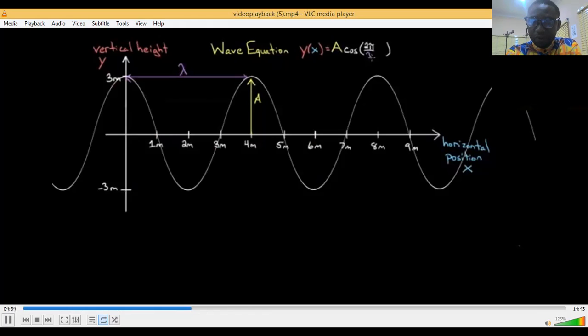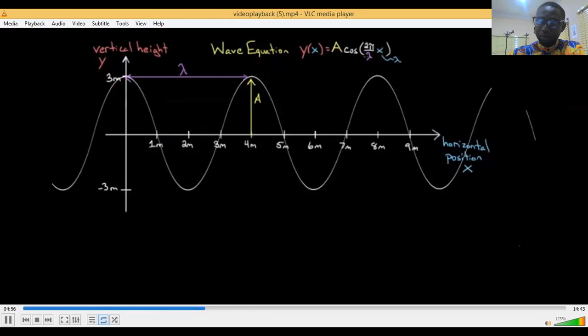The distance it takes a wave to reset in space is the wavelength. That's what we would divide by, because that has units of meters. And then finally, we would multiply by x in here. That way, if I start at x equals 0, cosine starts at a maximum, I would get 3. If I say that my x has gone all the way to 1 wavelength, and in this case, it's 4 meters. If I go all the way to 4 meters or 1 wavelength,